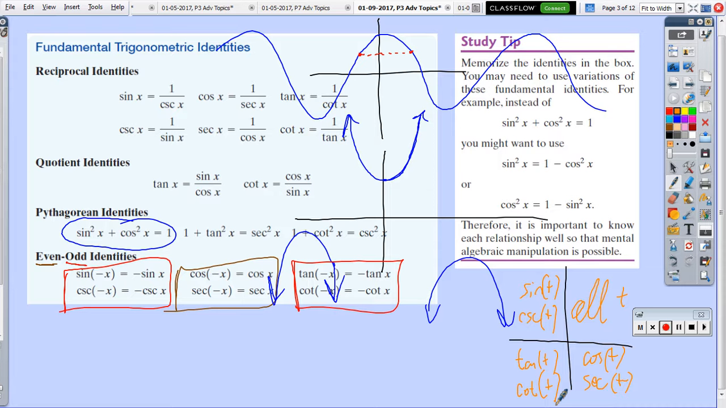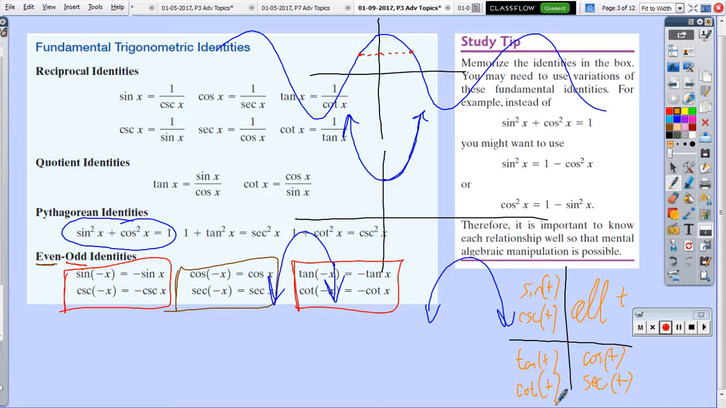Cosine is positive in the fourth quadrant, where it terminates. So the cosine of positive 45, is that going to be a positive or negative value? It's positive because they're all positive in the first quadrant. And you continue that, and of course they're going to have the same value because the reference angle is the same. If we go cosine of negative 100 degrees,